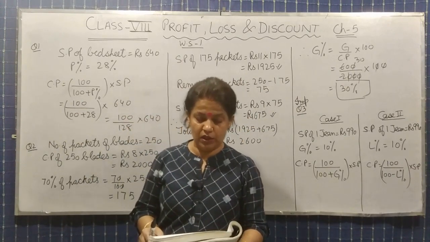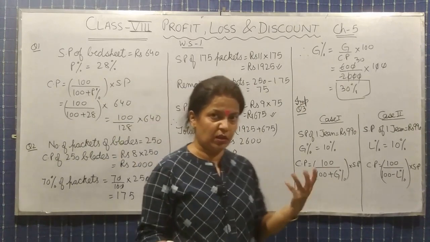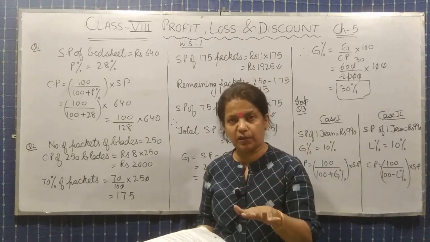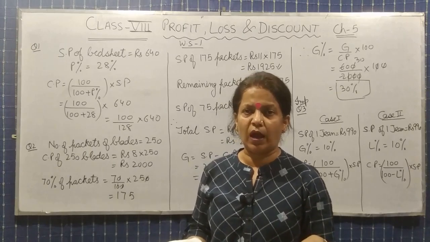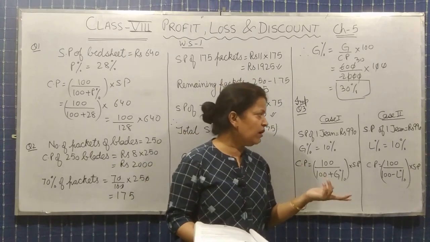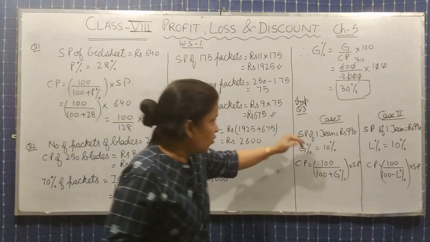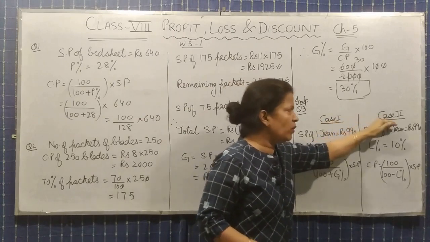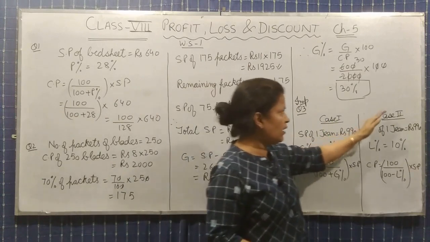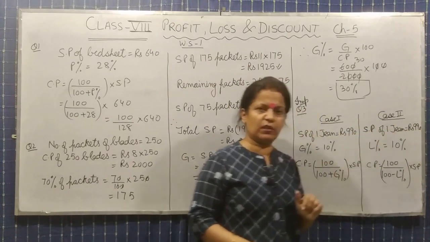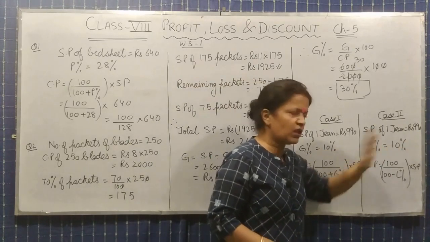Gain or loss in the whole transaction, तो वो तभी आएगा gain और loss percent जब हमारे पास total selling price आएगी और total cost price आएगी. Then only we can see whether we are gaining or it's a loss concept. Okay, so that concept we will use. Now selling price: case 1 and we will take case 2. Selling price of 1 jean rupees 990, and in case 2 again selling price of 1 jean is rupees 990, because each लिखा है. Gain is 10% and loss is 10%.